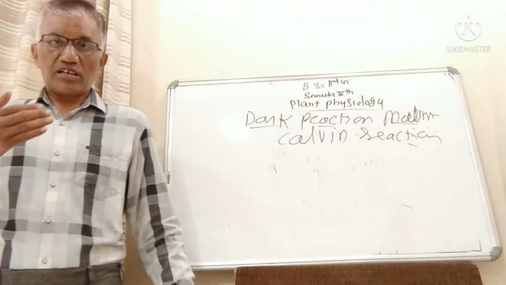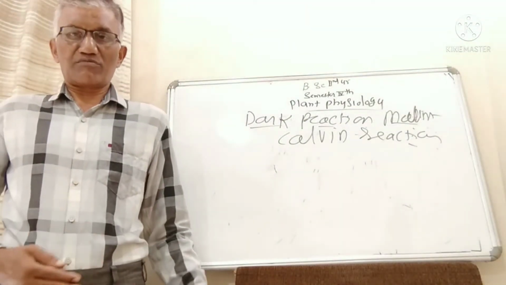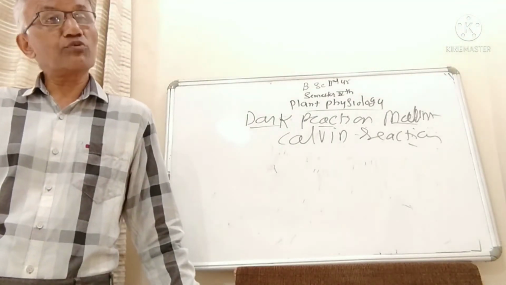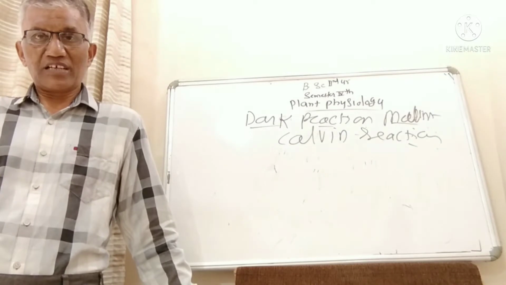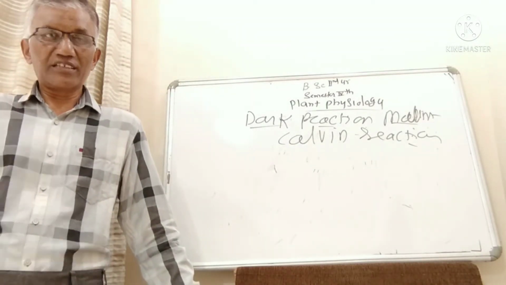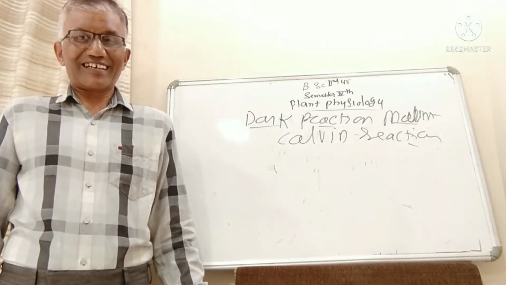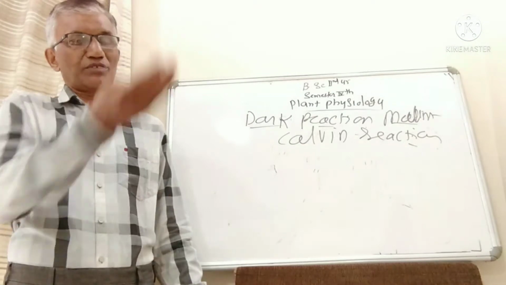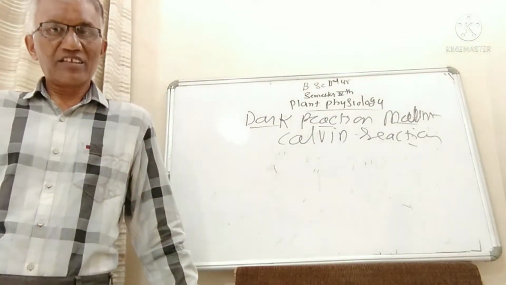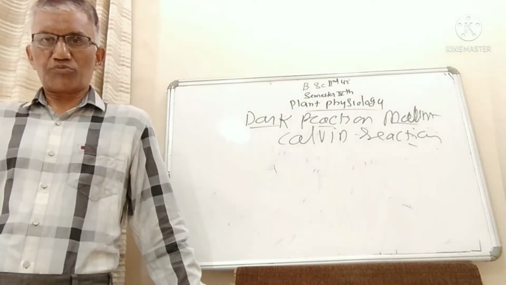So the first step in the C3 pathway or Melvin Calvin cycle: the carbon dioxide acceptor is RuDP, ribulose diphosphate. A molecule of carbon dioxide reacts with RuDP in the presence of a particular enzyme, and it produces an unstable compound. Now this unstable compound gets converted into 3-phosphoglyceraldehyde, then another compound, hexose phosphate.